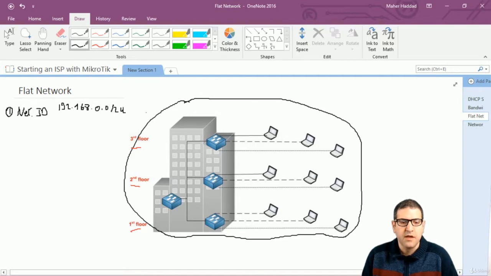192.168.0.0/24. That means this computer, for example the first one here, would take 192.168.0.1, this one 192.168.0.2, this 3, 4, 5, and until .9 here. Okay, so you will see that all are on the same subnet, and that's something we will have a problem with, especially when we need to divide our network into different departments. We will see it in a moment, but the idea is that every computer will be on the same